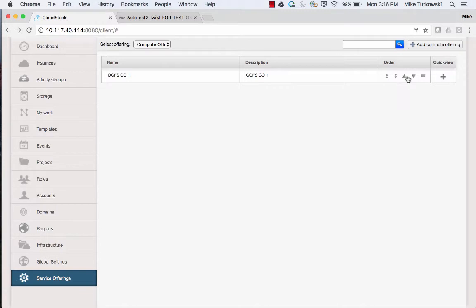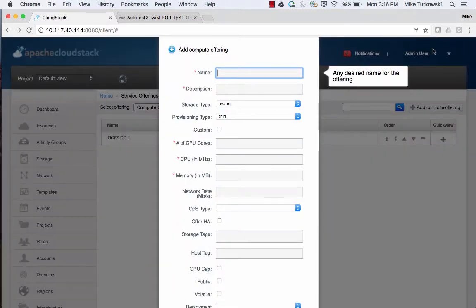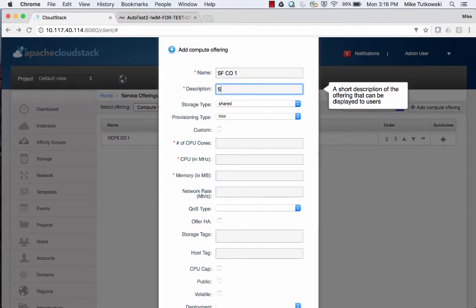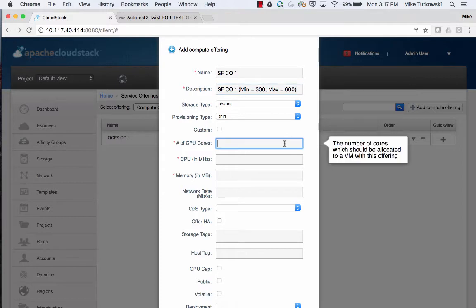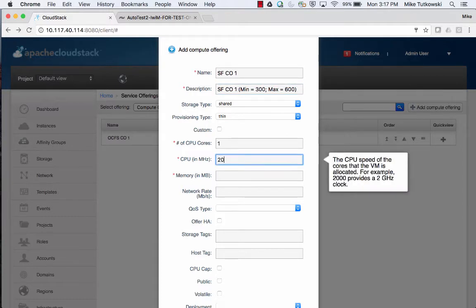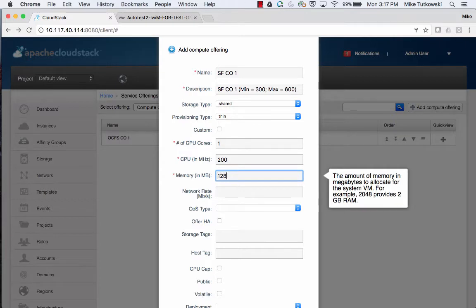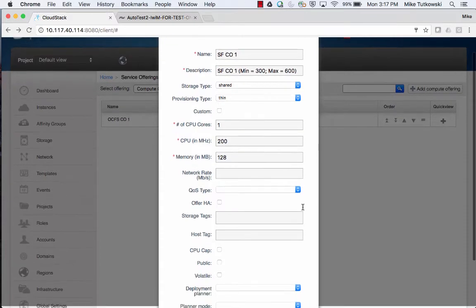In the upper right, I'll click on Add Compute Offering. I'll provide a name. Let's go with SolidFire Compute Offering 1, SFCO1, and provide some kind of a description. Maybe I'll just specify in parentheses here the performance I expect out of the virtual disk. So let's say 300 for the minimum IOPS, and the max can be 600. Go 1 CPU core, 200 megahertz rating, 128 megs of RAM, and then we're going to scroll down here and